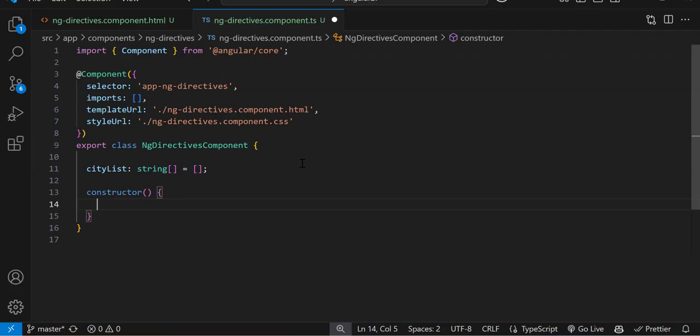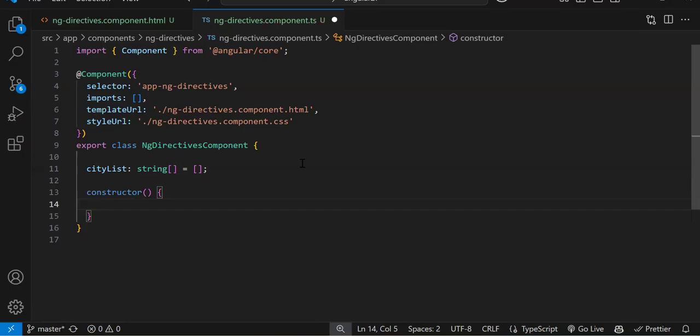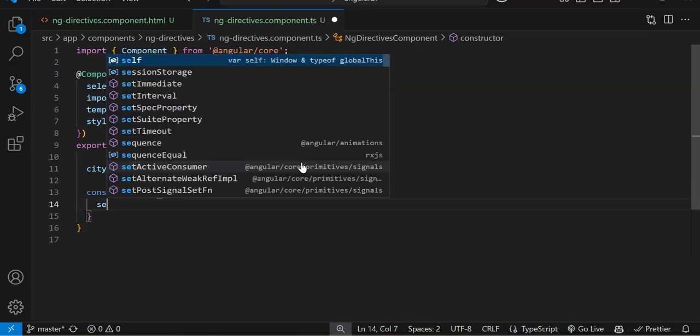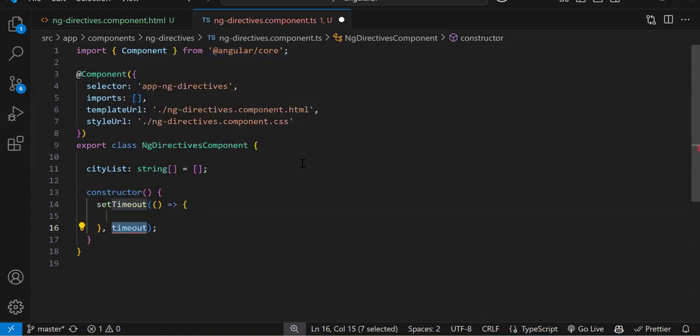After some time, I need to add the city list into this variable. So obviously setTimeout, right? Whenever you need to do something after some time, setTimeout, correct? Let's say after 9 seconds you need to add it. So this.cityList is equal to an array of